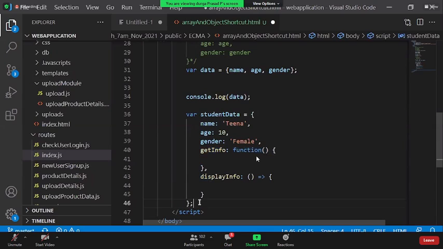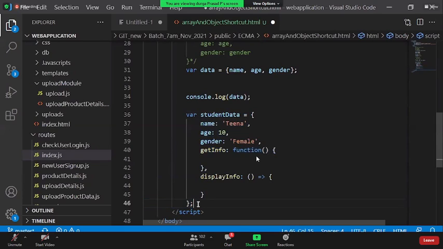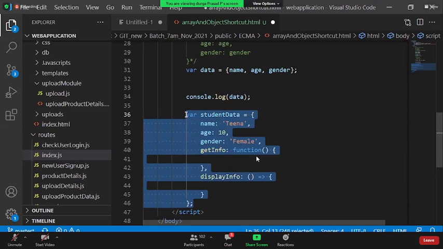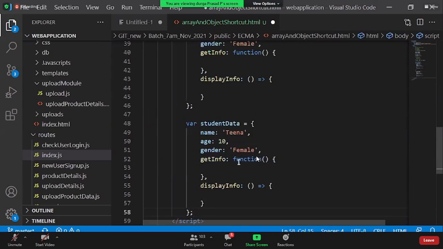But now from ECMAScript, you can add the methods directly within the object without using either an arrow function or the function keyword. Now the shortcut way is, you copy this, and you simply say the method name, info, as a method.